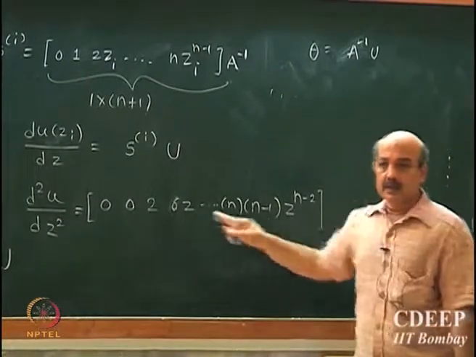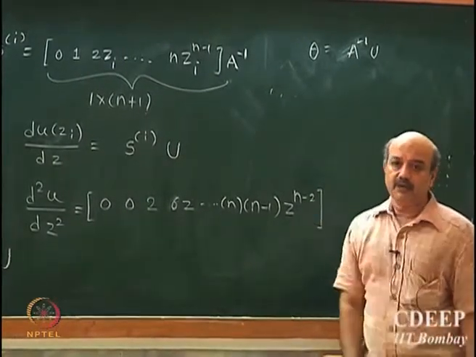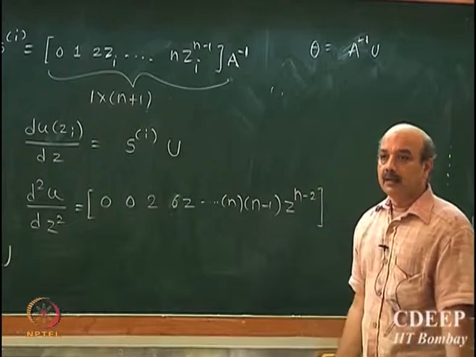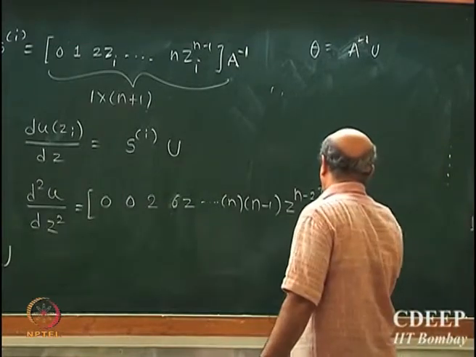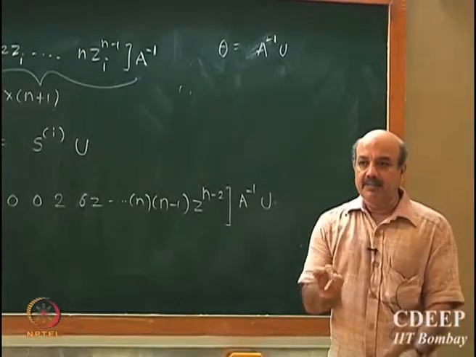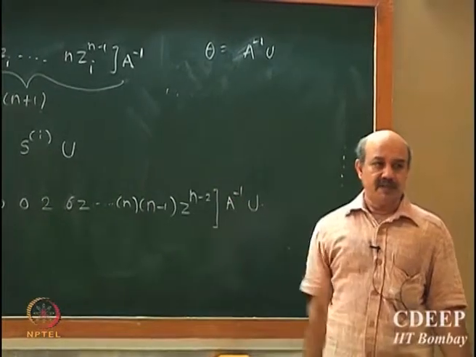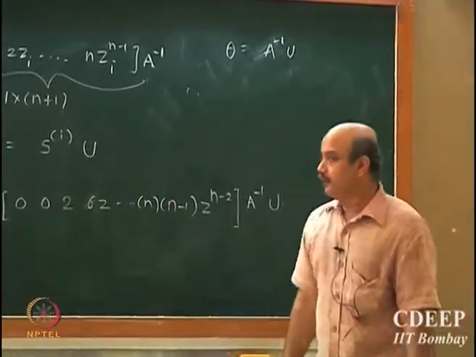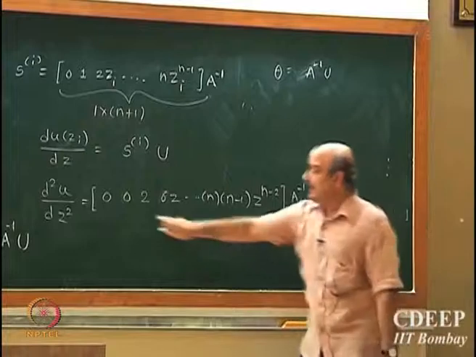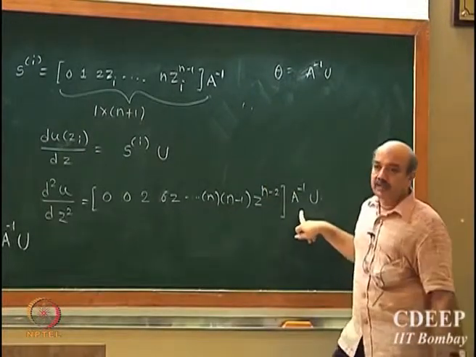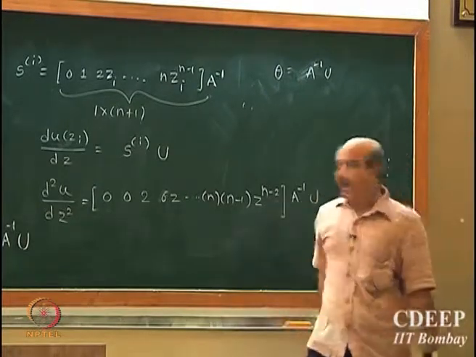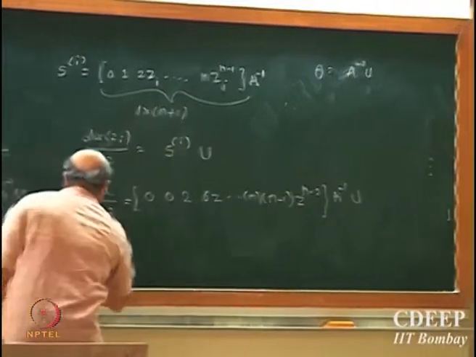Second derivative will give you only 2 in the first nonzero term. Am I correct? If I write it in terms of theta, but what is theta? A inverse u. I am just skipping the in-between steps. They are very simple, the same derivation as for the first order derivative, so I am directly writing the final form here. You will get this vector and this A inverse times u. When I want to compute the derivative at the ith collocation point, I would just substitute d2u